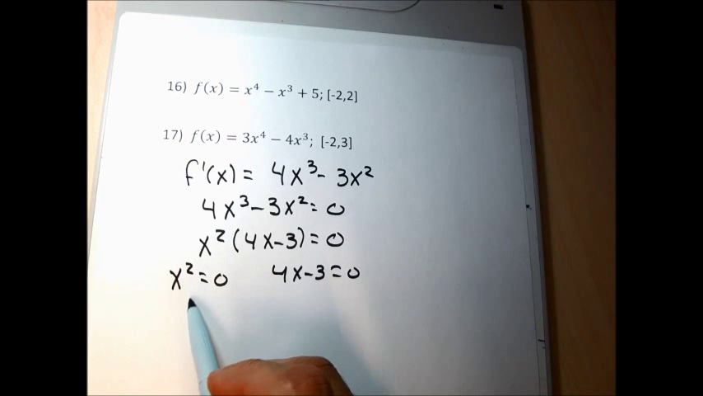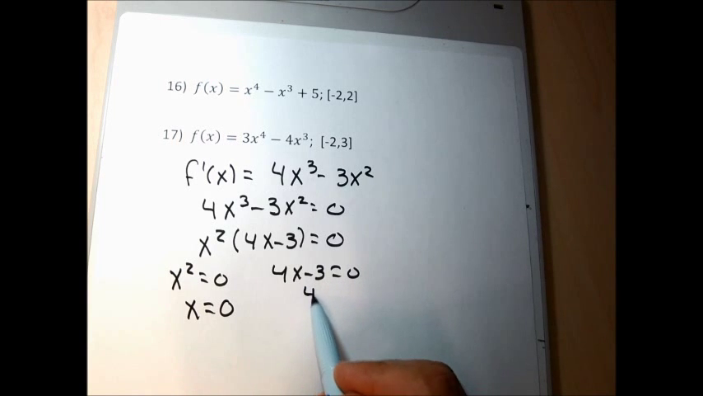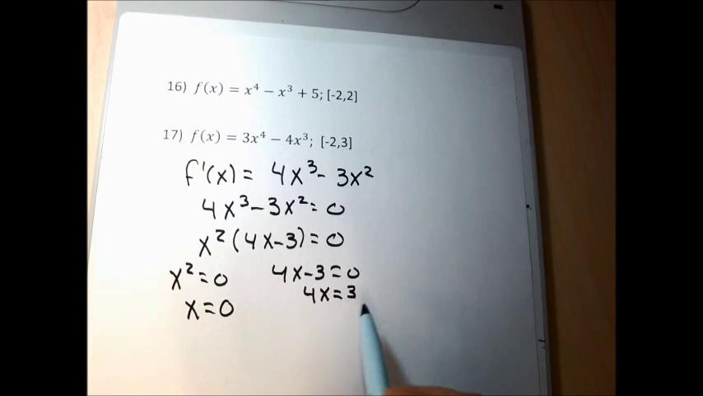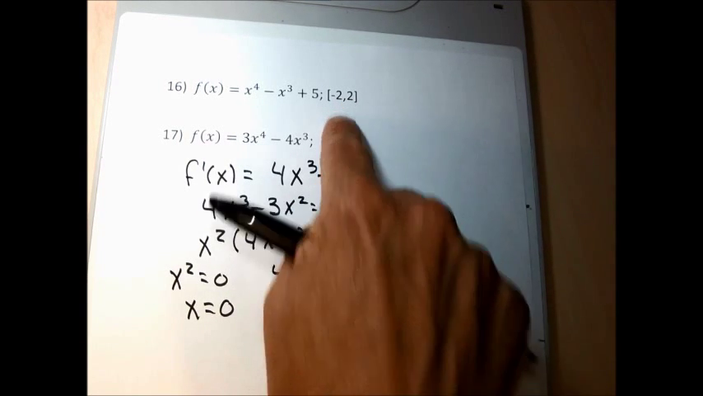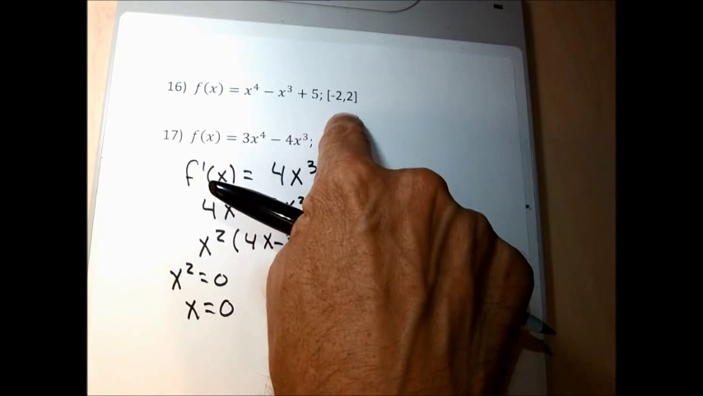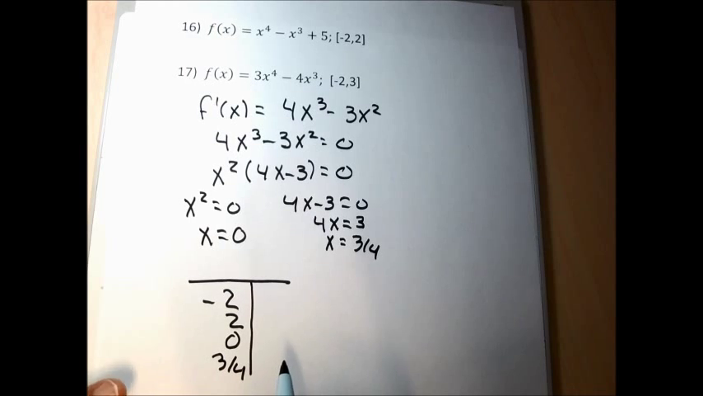The only number squared that is 0 is 0, so that has a solution of 0. For this one, I add 3 to both sides and get 4x equal to 3. Divide by 4 on both sides and get 3/4. 0 is between negative 2 and 2, and 3/4 is between negative 2 and 2. So when I do my table, I'm going to put the negative 2 and 2 and both 0 and 3/4 because those are both between negative 2 and 2. I'm going to get all the y's I can